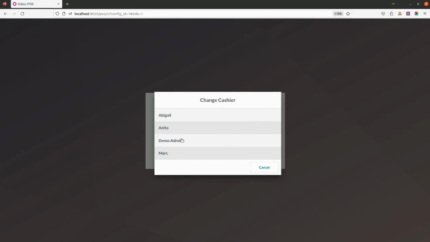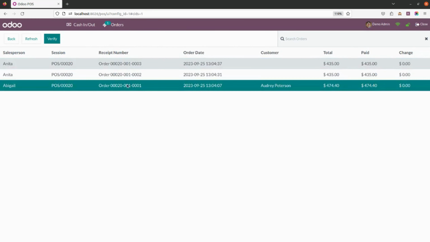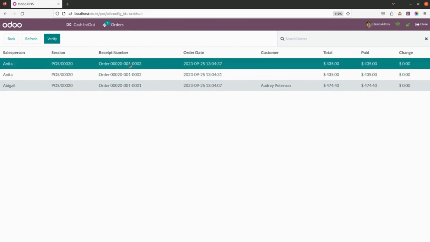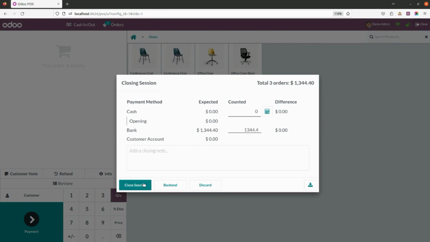As you can see, we have added demo admin, so only he can approve and validate the orders. Let's log in as the same user. Here in demo admin, you will see a Review button. In the review, you will get all the order details. These are the orders created by those cashiers, the salespersons. Here you can simply select and verify. Once you have verified this,